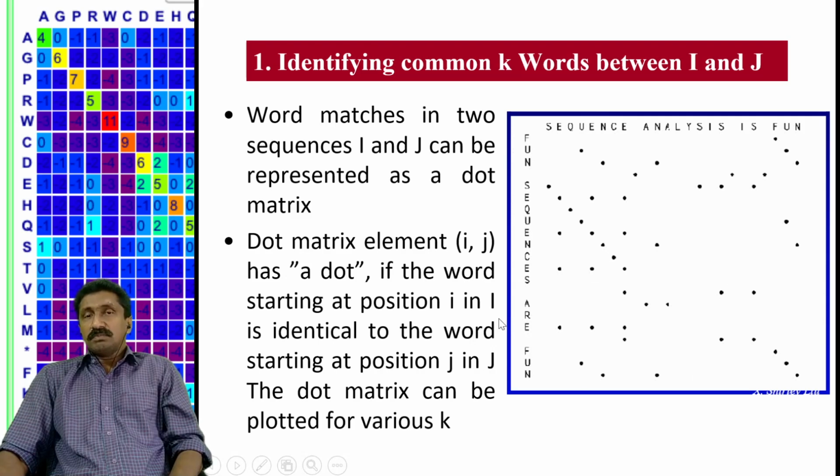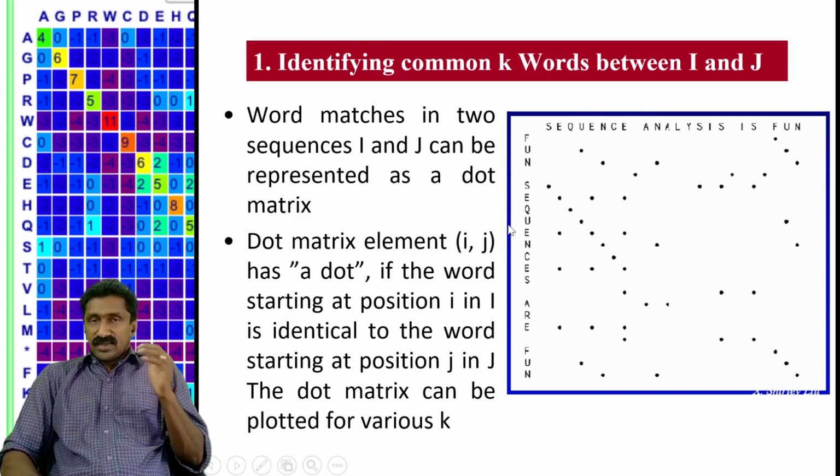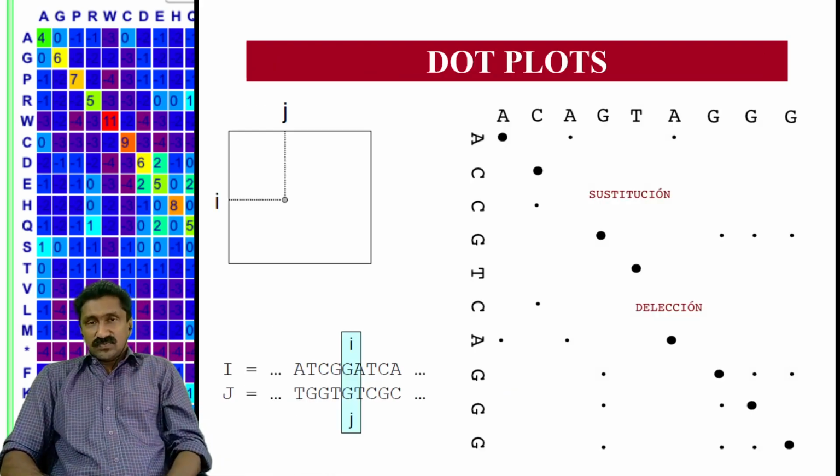This procedure is simple because instead of comparing all the letters, it reduces the computational power required. Otherwise, you would have comparison with all the possible letters, and every letter in the matrix would need to be separately compared. That is avoided by comparing such words. So this is how the common keywords between the two strings are identified.